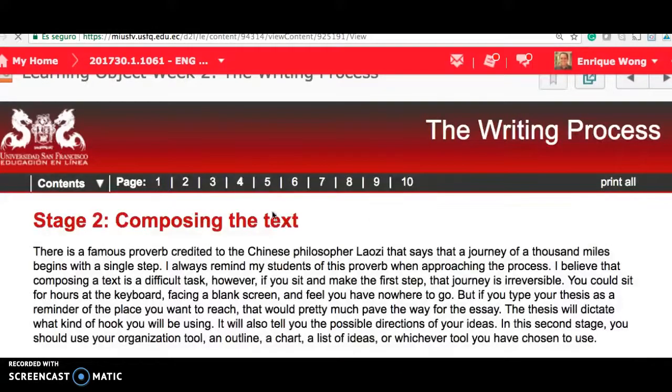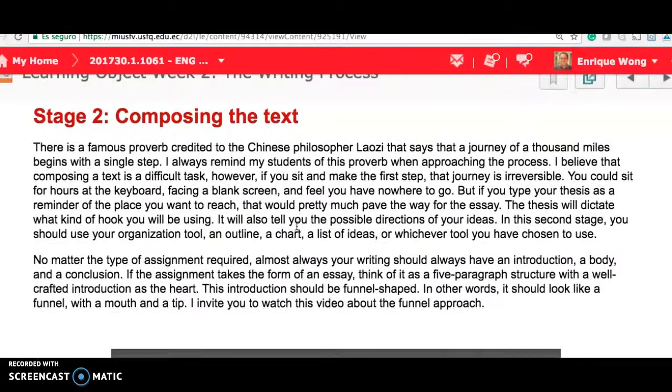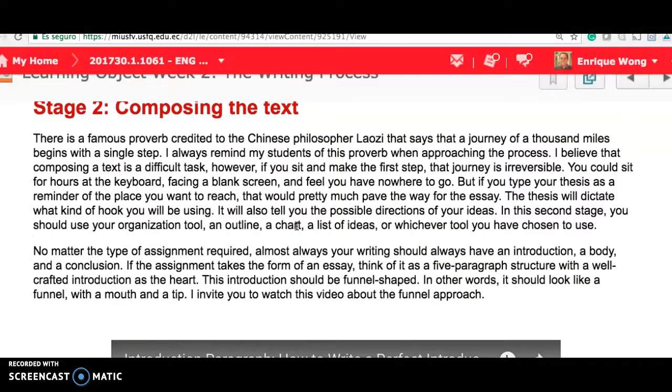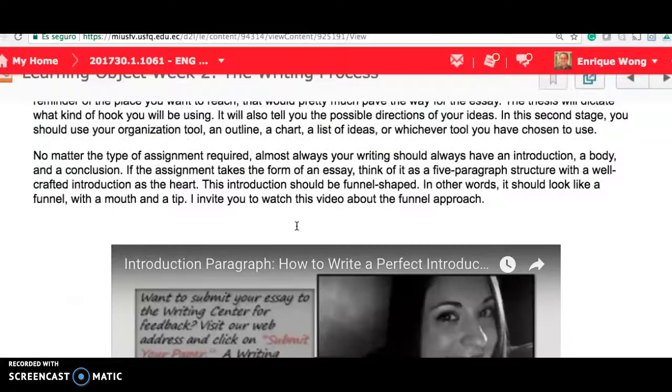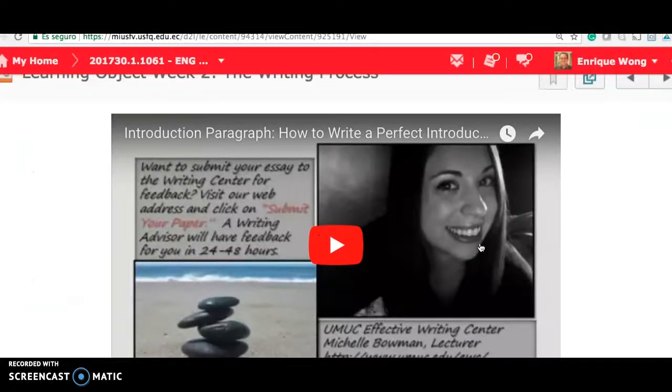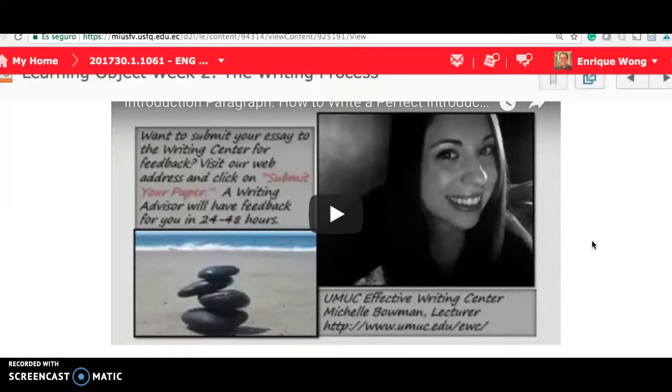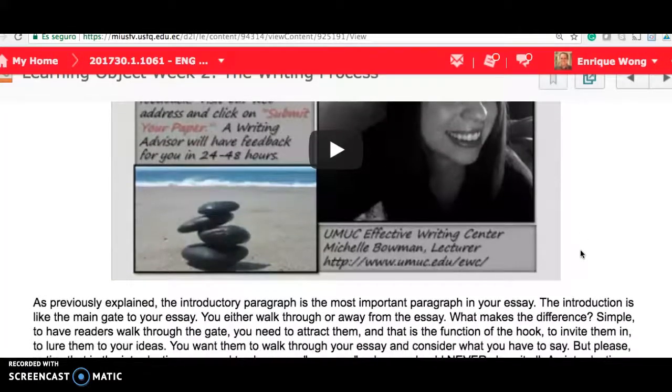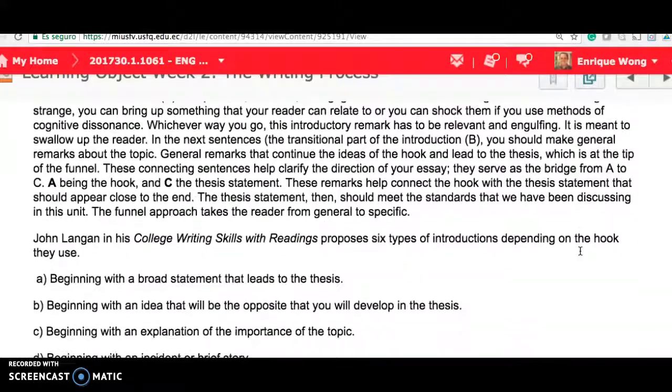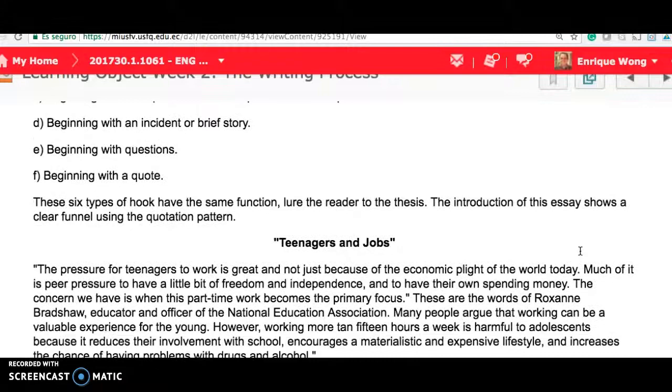You also have the first elements about the art of composition of a text, beginning with the introduction. This video is very important because it would give you a first encounter with something that we're going to call in our class the funnel approach, which is beginning from a broad statement, which is the hook of your essay, writing a transition sentence, and then getting to the thesis statement. This video is a must watch because you have here all the information that you're going to need for the first partial test that will be on Friday.